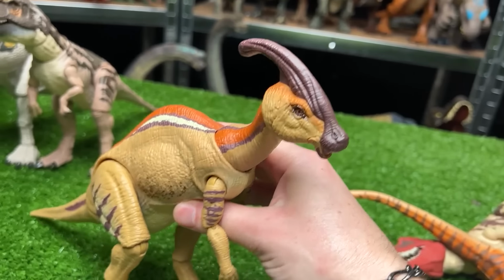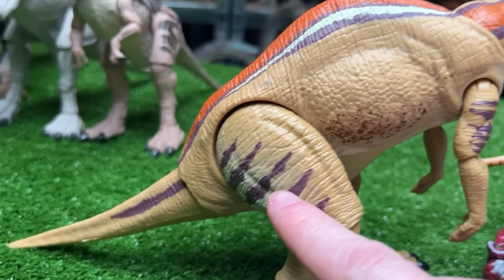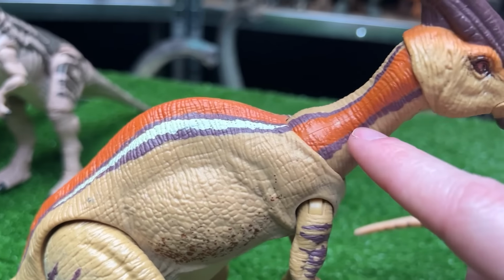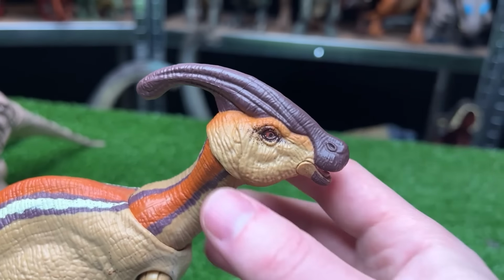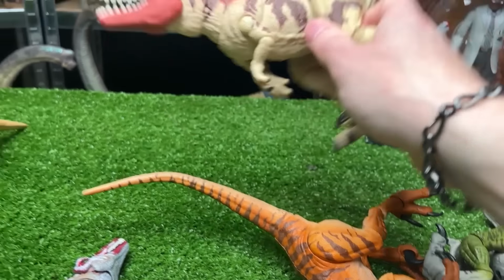Here is the Hammond collection Parasaurolophus figure. It is also mostly tan colored, but it's got some purple striping and orange right along the top, and of course the huge horn on the top of its head. So now let's put this one also in line and grab our next one, which I think is the Ceratosaurus